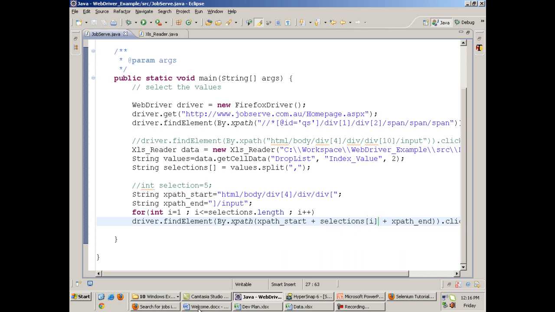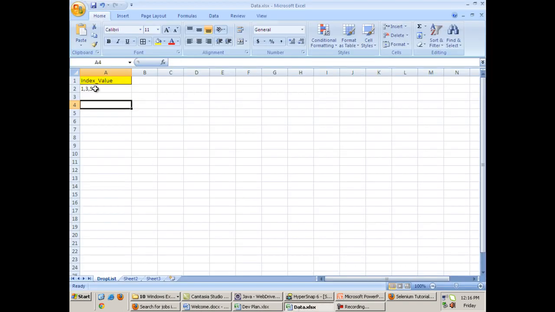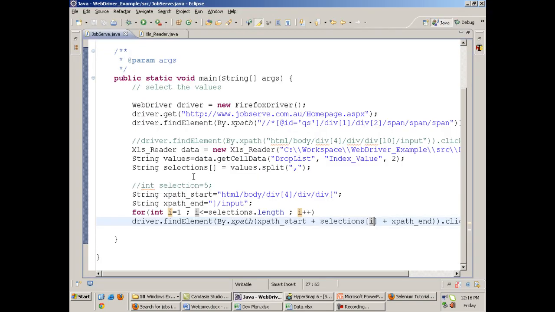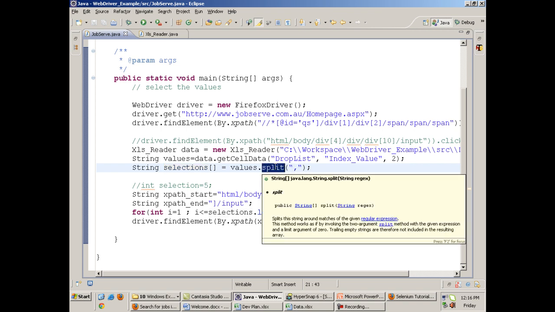If I have 3 values, if I have 1, 3, 5, then the selections array will have 3 indexes, because I am splitting it on the basis of a comma.